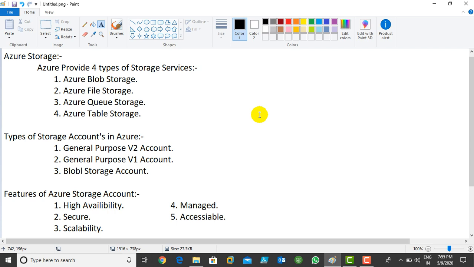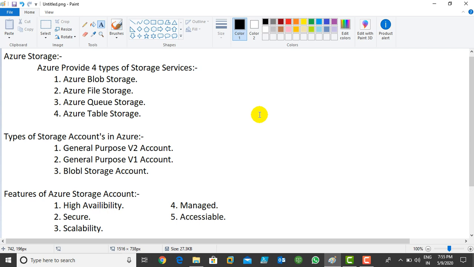Same in Blob Storage, I make one picture container and save some pictures in it. After that, for video files, I make one video container and save video files in that container. So container means folder.